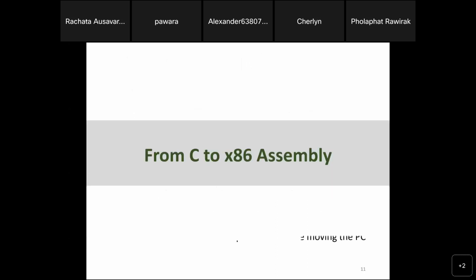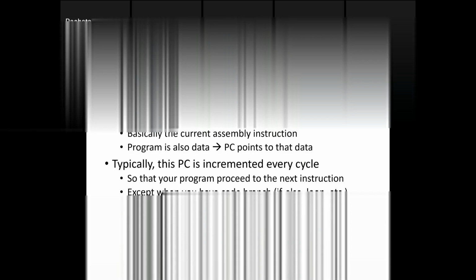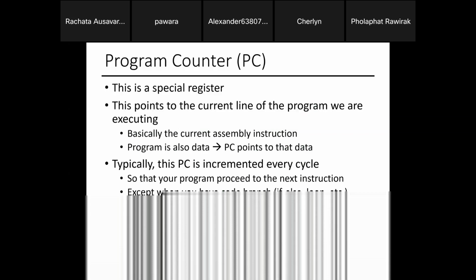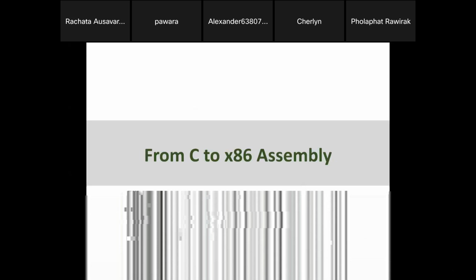Oh, sorry. Then when you fetch the instruction, there's another special register. The program counter stores the address. The instruction register stores the actual assembly. So when you fetch, it's just ones and zeros. That instruction is stored in the IR. So now you know what to do. You read the IR to know what to do. You read the program counter to know where you are in the code that you are running. Now,